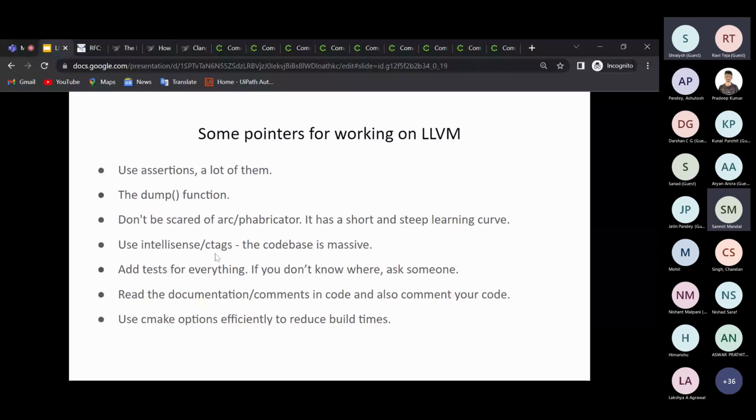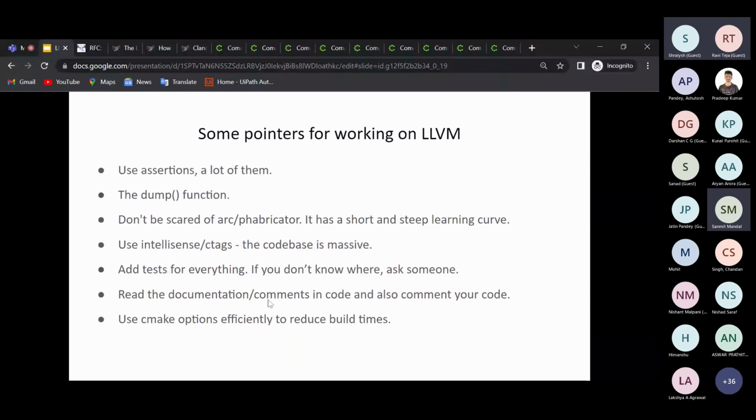It'll be easier for you if you have IntelliSense or CTags or some kind of prediction method with you. Add tests for everything. No patch will be accepted without tests. If you don't know where to add tests for a particular feature that you're working on, you can ask, and people will tell you where to add tests in the discussion forums or on Discord. Read the documentation and comments.